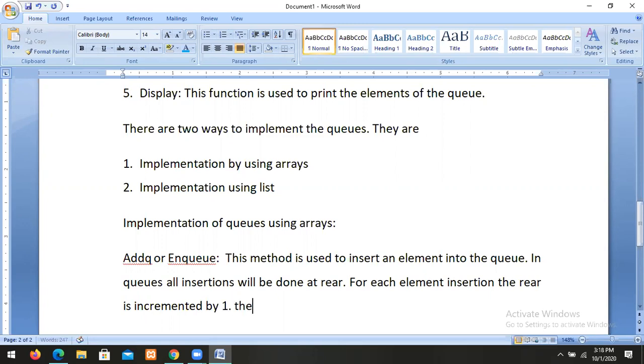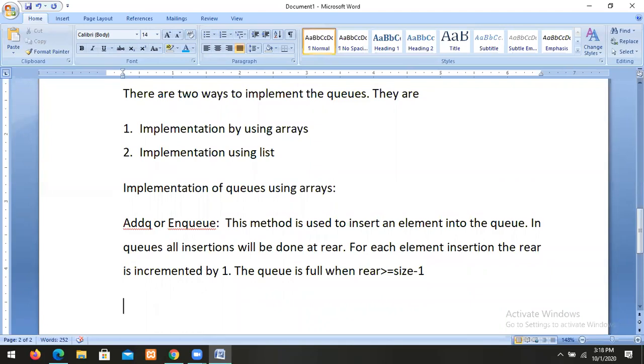The queue is full when rear is greater than or equal to size minus 1. So this is called add queue or enqueue.